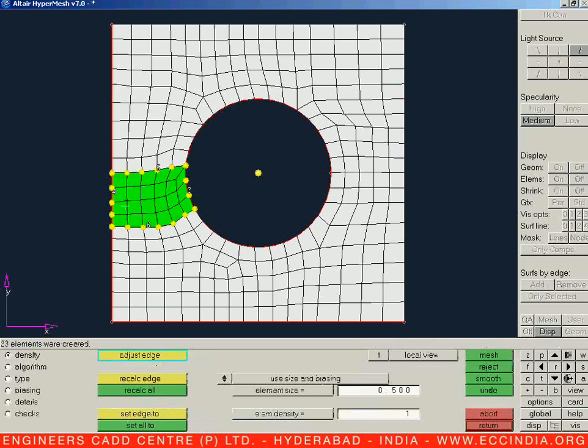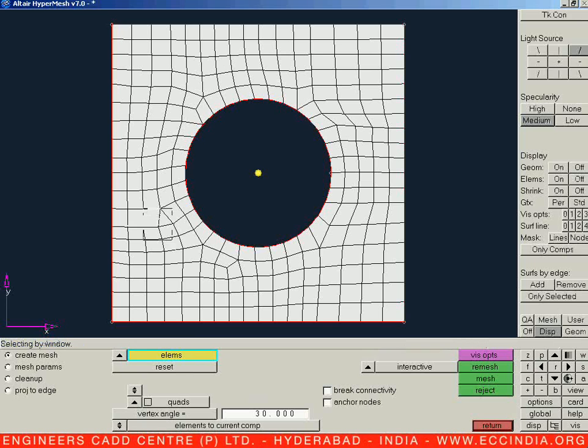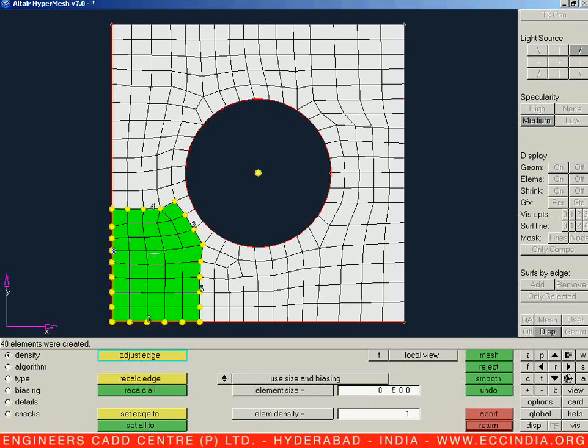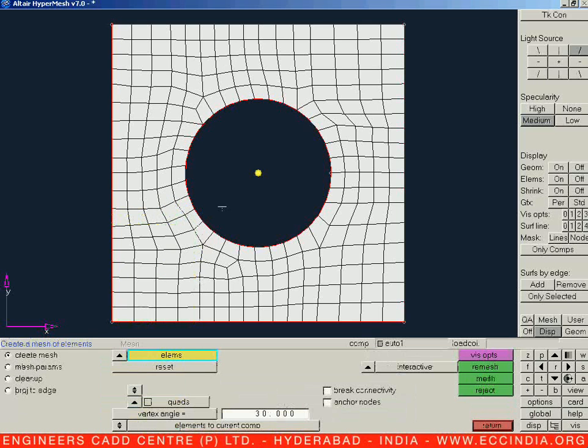Let us say remesh. Remesh for 3. Let us say OK. One triangle is additional. So let us select a band section over here. Again on this particular edge, say mesh, reduce it by 1 and say OK. In this way, this is a particular way to adjust our meshing.